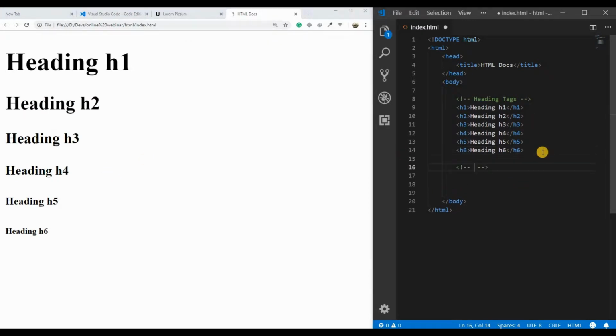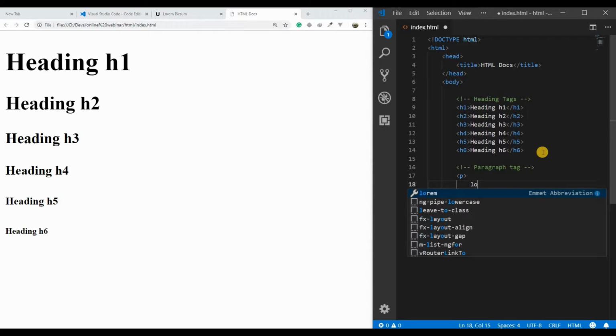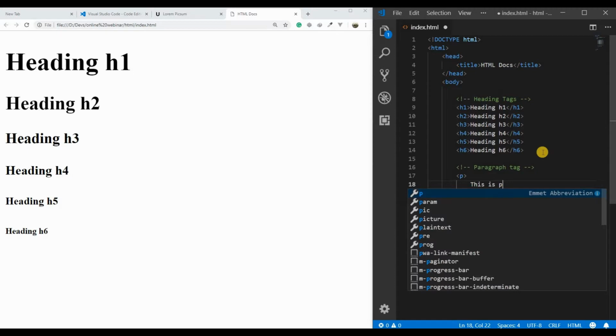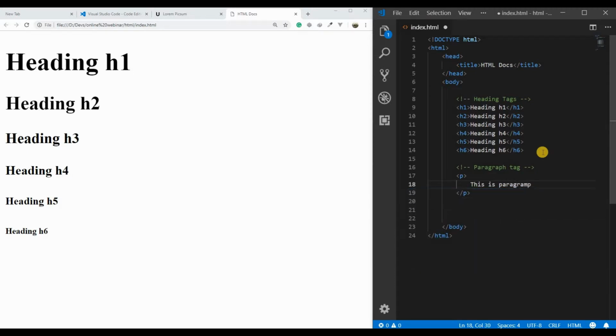Then I'll show you how we can implement a paragraph. So I'm writing a comment, paragraph tag. For creating a paragraph, the tag is the p tag. Inside the p tag we pass the content. For example, this is a paragraph. So copy and save. So this is a paragraph, and for example, I'm writing another paragraph with a p tag, and then